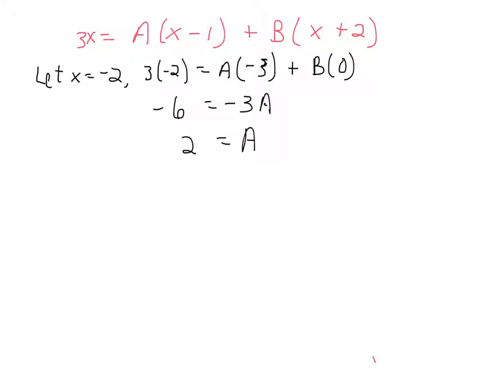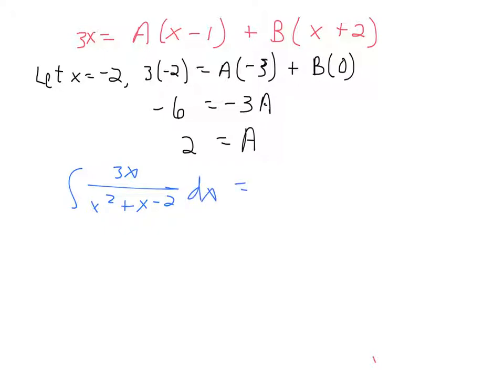So here we go. We let x equal -2, which means we'll have 3 times -2 is equal to -3a plus 0. So it turns out that a is equal to 2. Alright, so now we can return to our original problem where we were trying to integrate 3x over x squared plus x minus 2